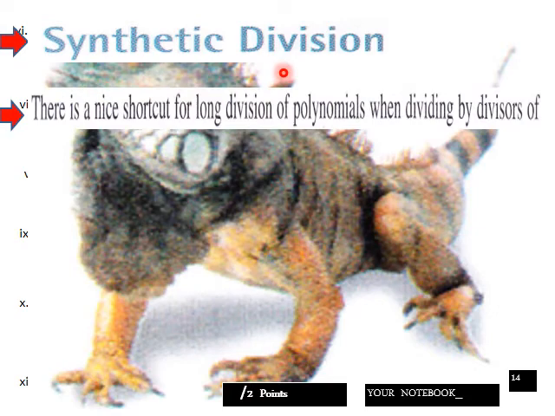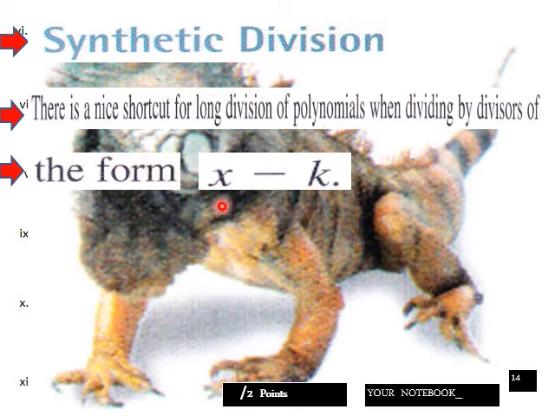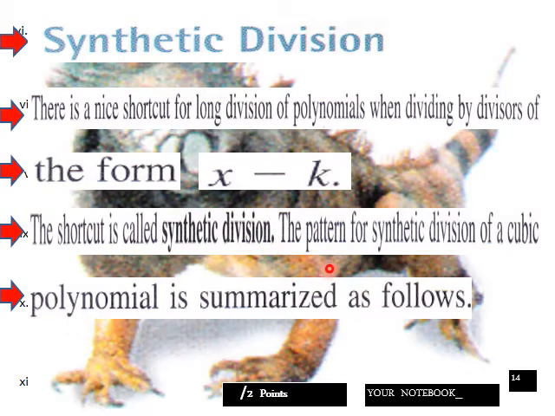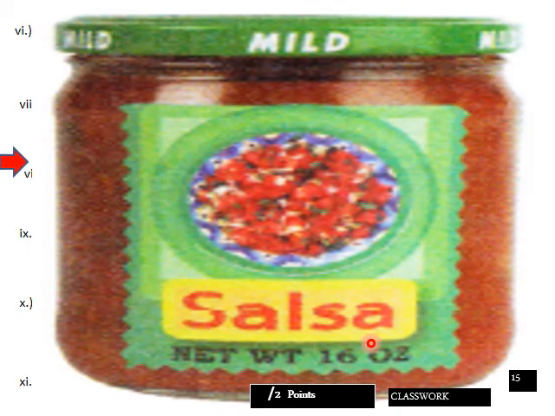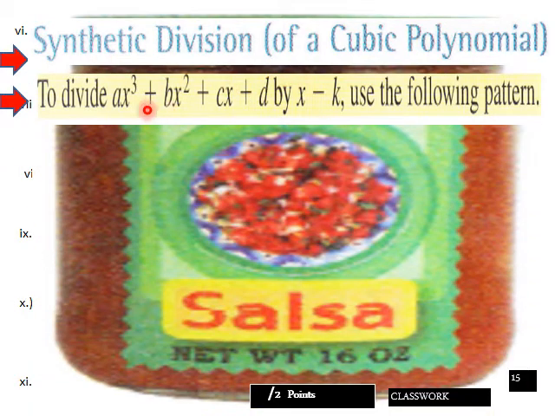Okay, another notebook entry here, students. There's a nice shortcut, synthetic division, for long division of polynomials when dividing by divisors of the form x minus k. The shortcut is called synthetic division. The pattern of synthetic division of a cubic polynomial is summarized as follows. This goes in your classwork. This will be on your classwork sheet. Synthetic division of a cubic polynomial. To divide this by this,